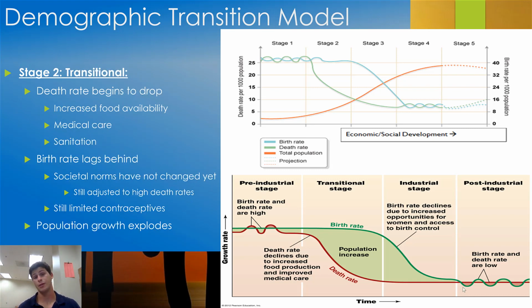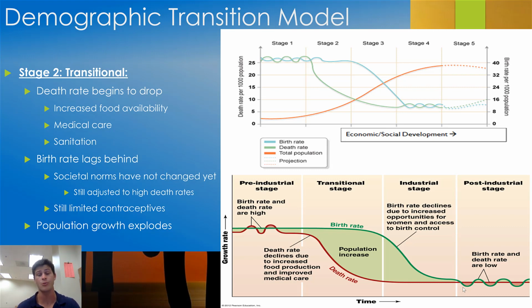But as a country continues to develop, it begins to move from the pre-industrial stage to the transitional stage. And in the transitional stage, the death rate begins to drop. And this is for a number of reasons. As a country becomes more and more industrialized, there becomes increased food availability because more farmers are growing food, and so food becomes more secure. There's going to be less famine and less starvation and less death associated with famine and starvation as we move